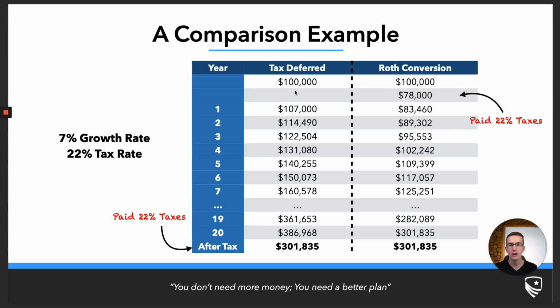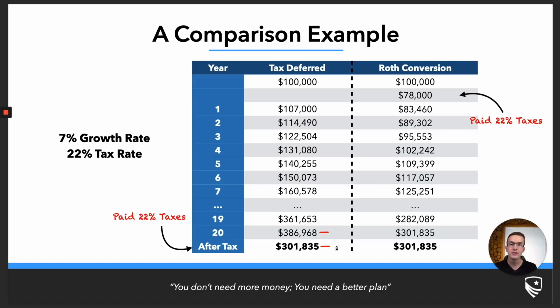Now we can see that $100,000 growing at 7% through time eventually grows to $386,000, almost $387,000 by year 20. But this is a little bit of a mirage here because, again, we know this is in pre-tax dollars. We haven't yet paid taxes. And so when we withdraw this money, let's just assume, again, we're withdrawing it all at one time and paying 22% in taxes. We end up with after-tax wealth here of